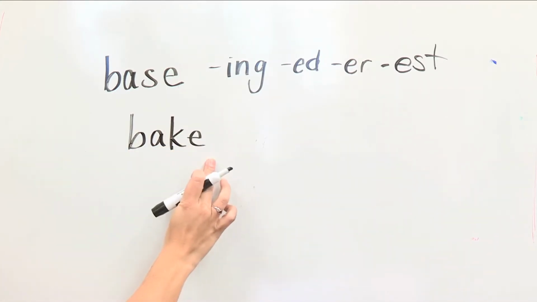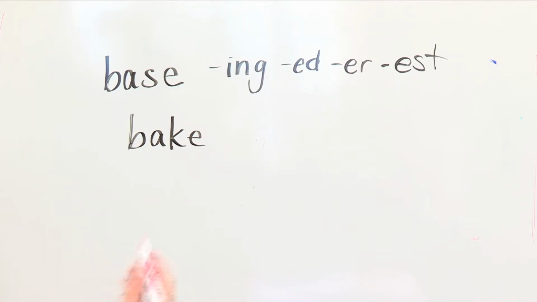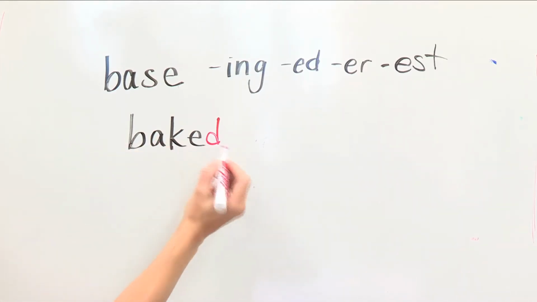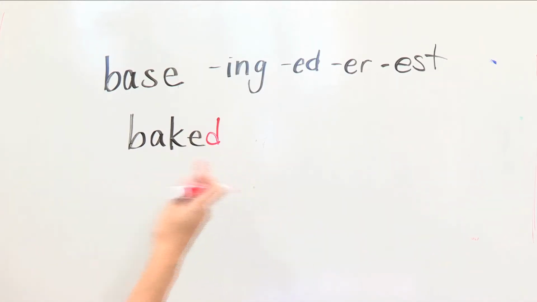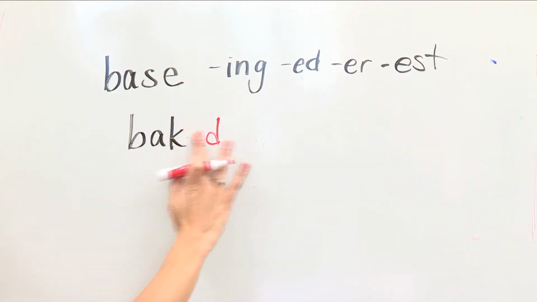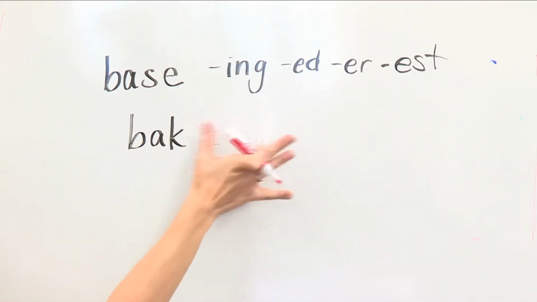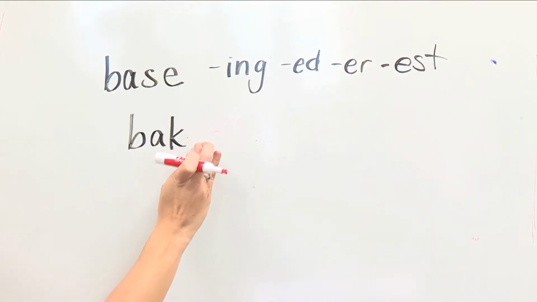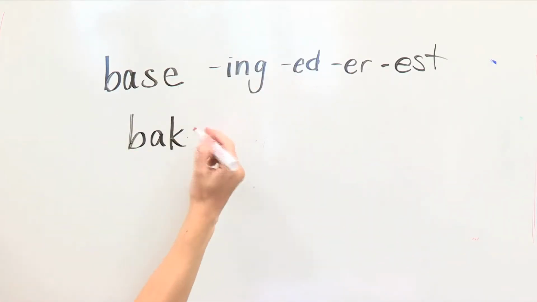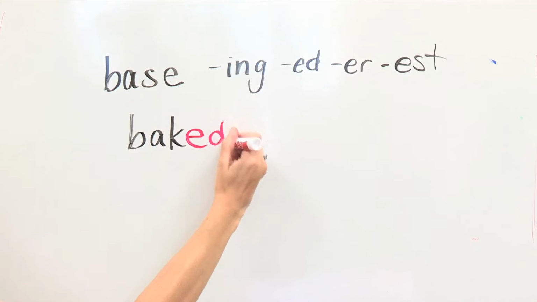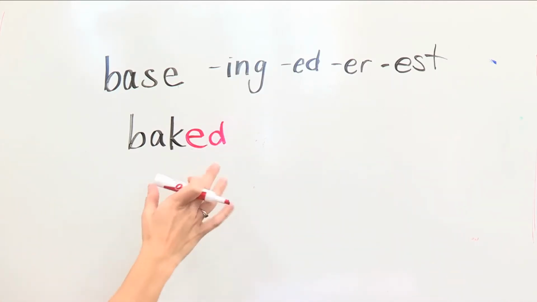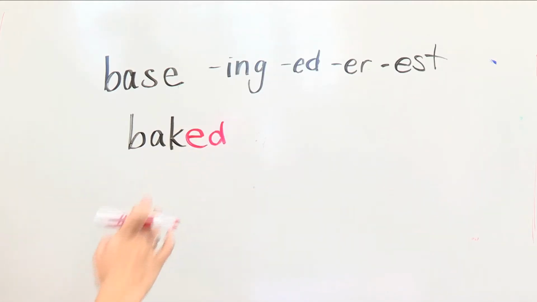Okay, we have the word bake. Now we need to be careful with this because some students will go, oh, I added ed. Okay. Yes, I understand when you write the letter, you're just writing the D, but you have to help the kids understand that you dropped that E because it was a silent E, this was a long A, and you added ED. You really have to help them understand that because it changes the meaning. This means I've done it in the past. If they don't do that,